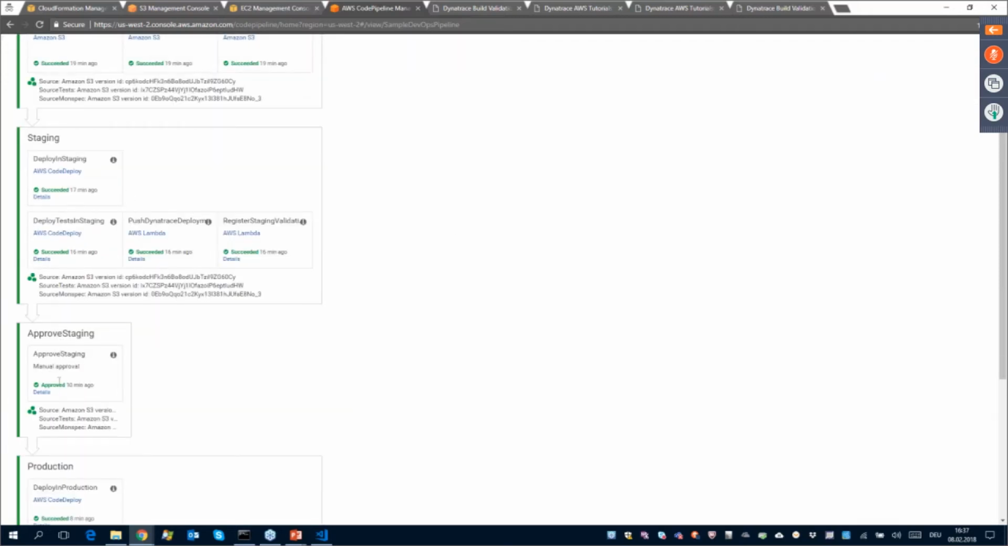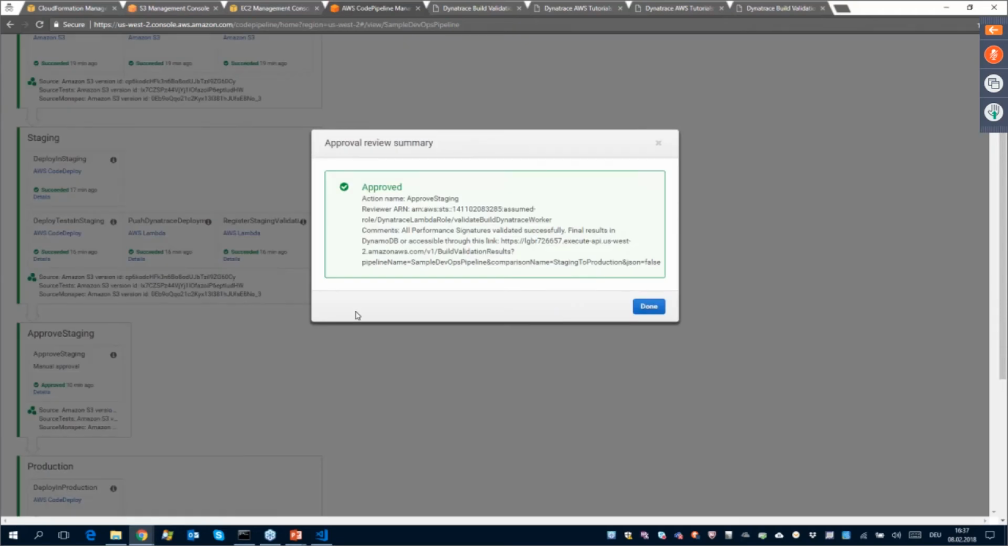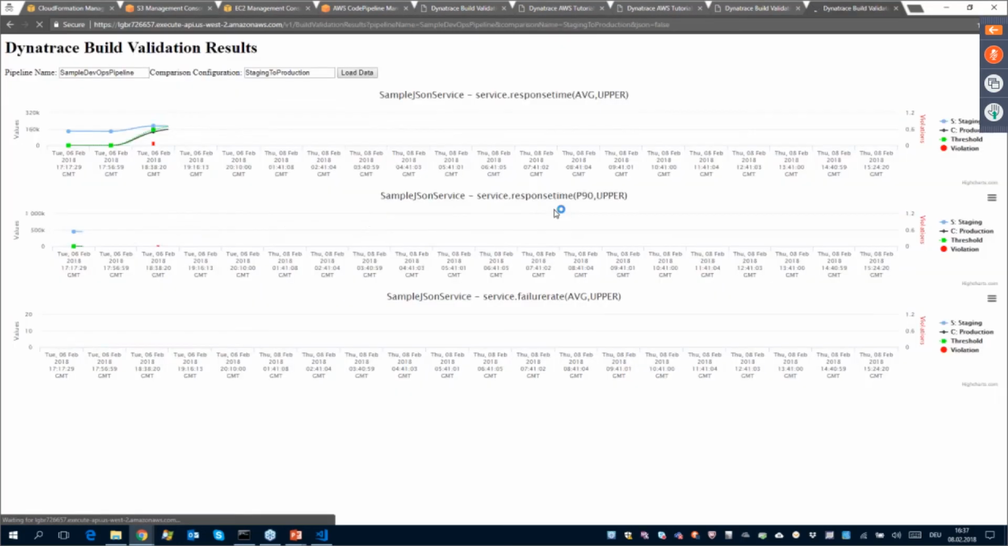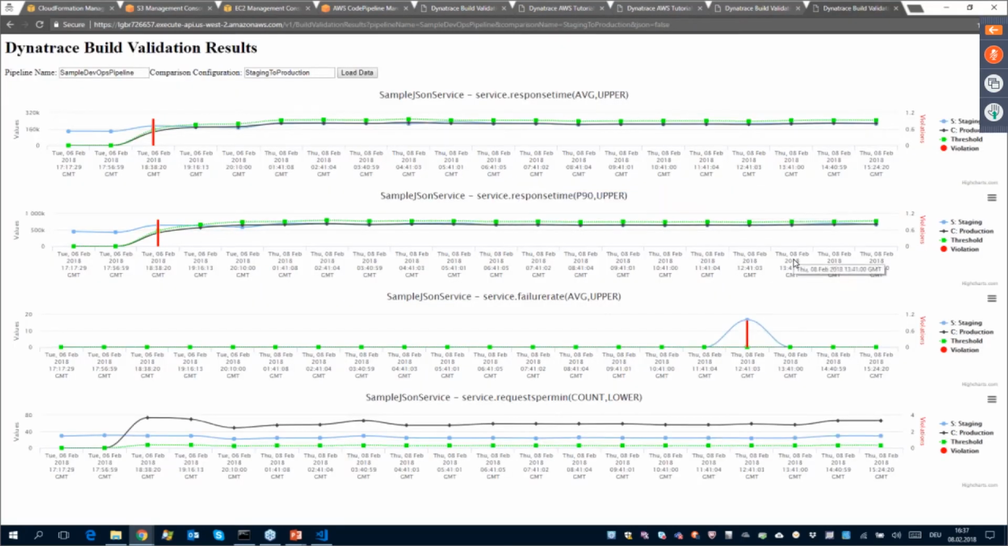I can also go back to staging. If I click on details here, even though it was approved, it says all performance signature validated successfully. But in case you want to still see all the results, then you can open up that report and you can see the historical data of all the builds that went through the staging phase. And it seems that 3-4 builds ago, we actually had a violation where also failure rate jumped to 20% or 16.67%. All right, so this is fully automated. I hope this makes sense. Please have a look at the